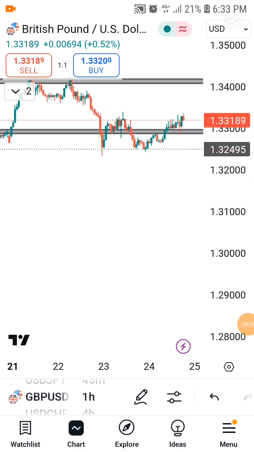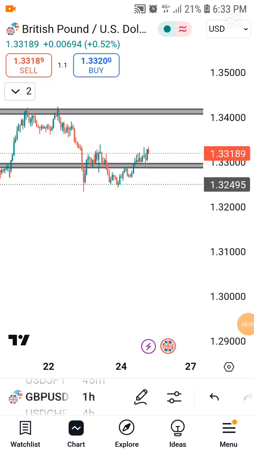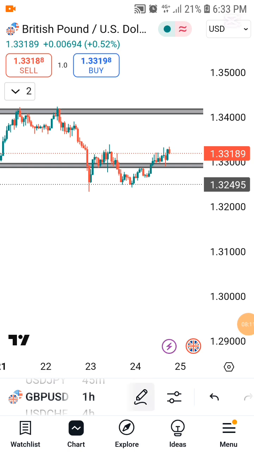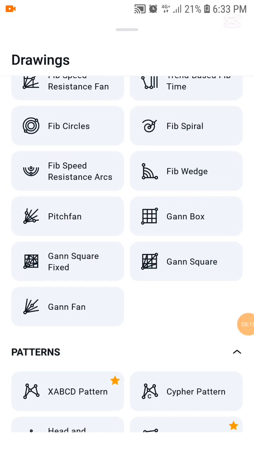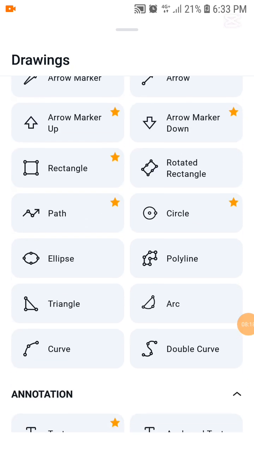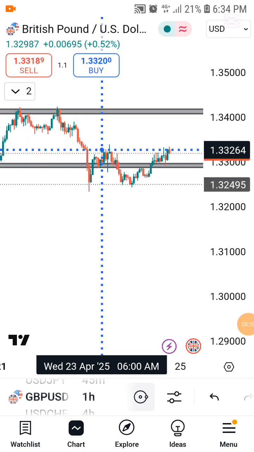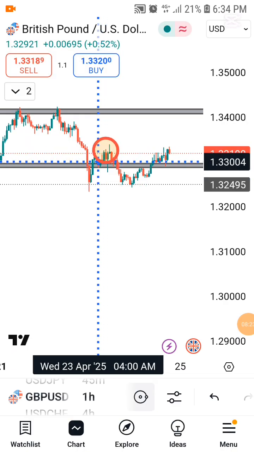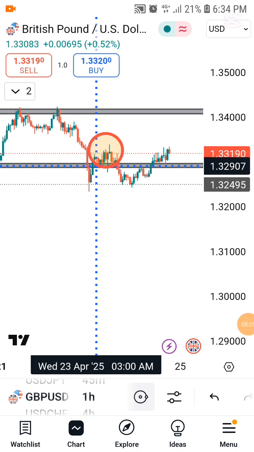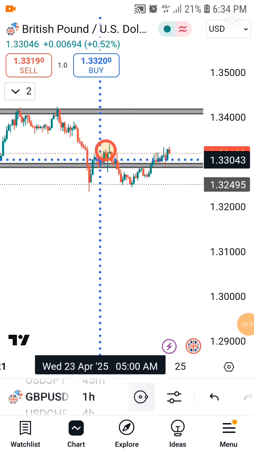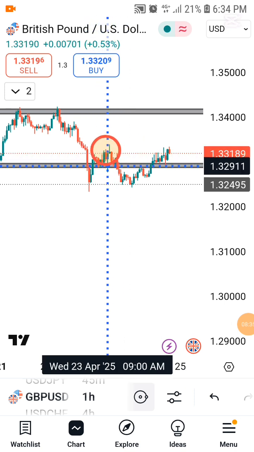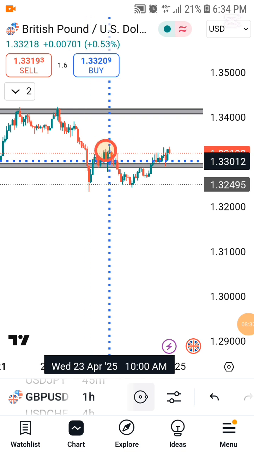Can you see? This is the liquidity that I'm talking about. In this place, there's some money that is stored here. Let me show you. Yeah, in this place, see, there is some money stored there. So big banks or organizations are trying to go and collect this money where this circle is blinking here. They want to collect this money from here, because there are so many orders around this place,